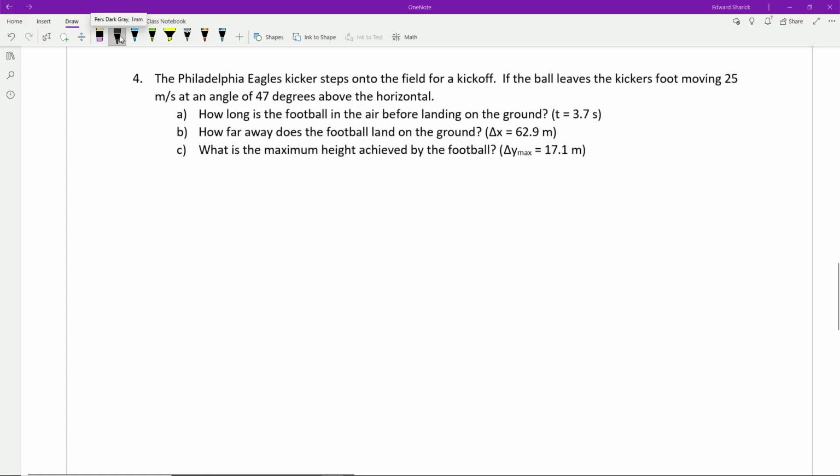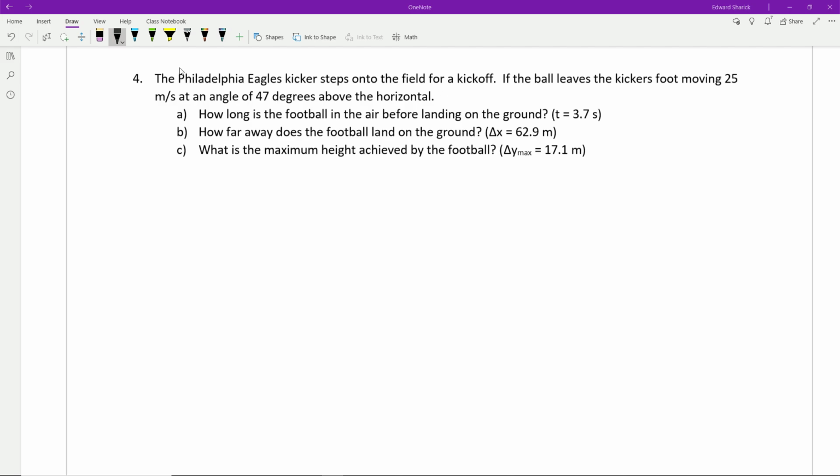All right, so I just wanted to go through the problems from problem set 3 that I assigned in class today to help you guys out. I think it could be useful to maybe see a couple examples worked out. So the first type of example here that I'm going to do in number 4 is the angled launch